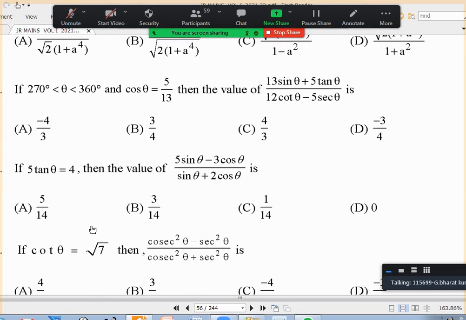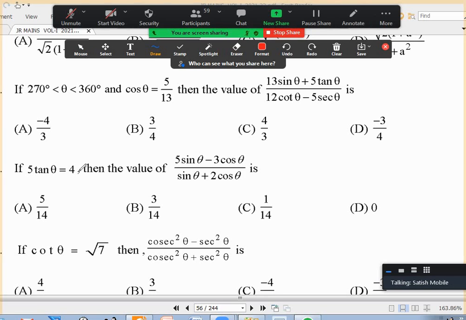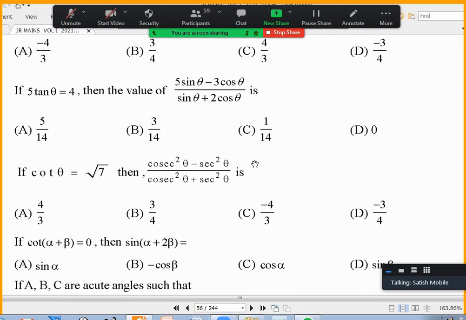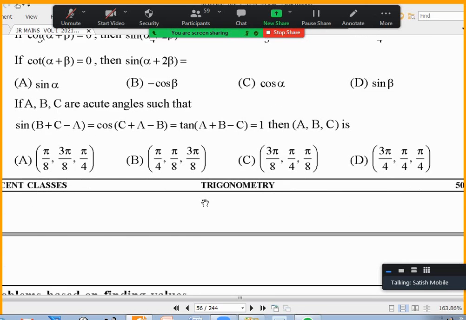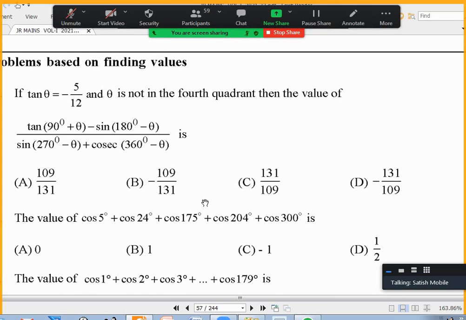Okay. Sir, fifth one, we have to divide both numerator and denominator by cos theta, sir. Yes, then we get tan theta. If you find sin and cos separately, you will get two options, both plus or both minus. Instead of that, divide by cos theta all over and directly substitute, it is easy. Okay, so the sixth question is like that. You can try some of these questions. After you try, if you have doubt, I'm ready to discuss.